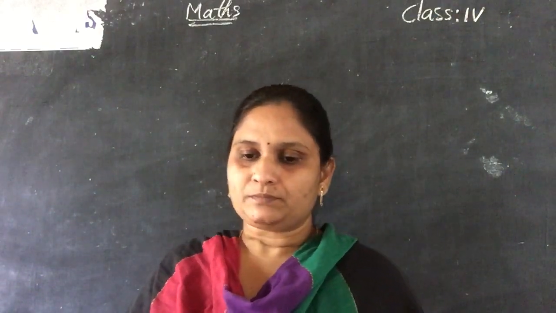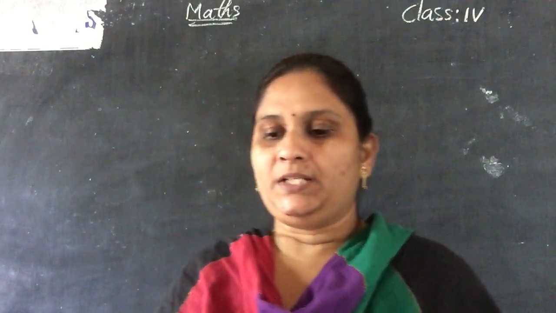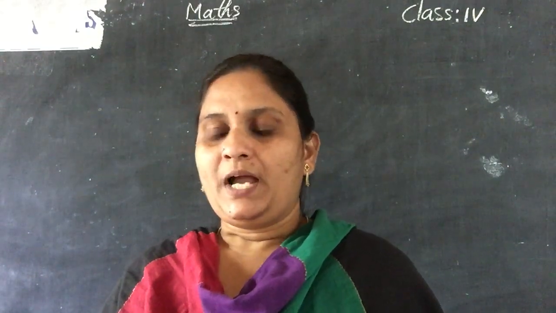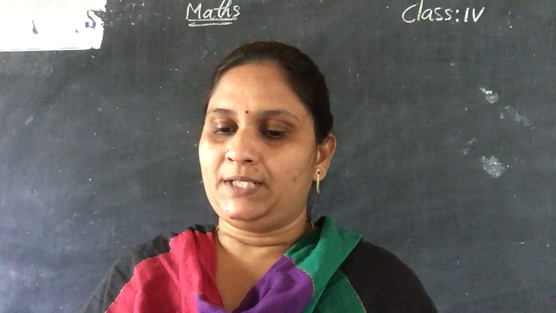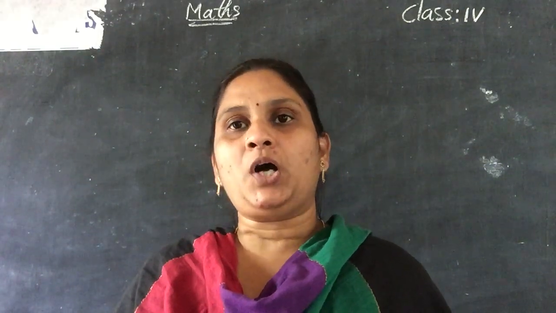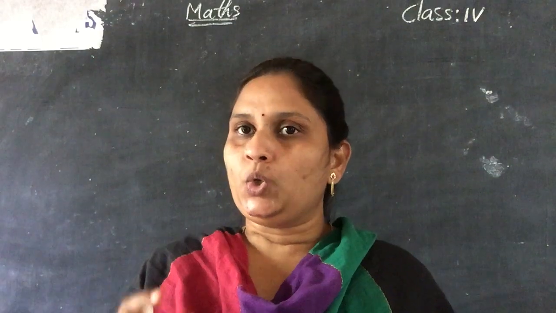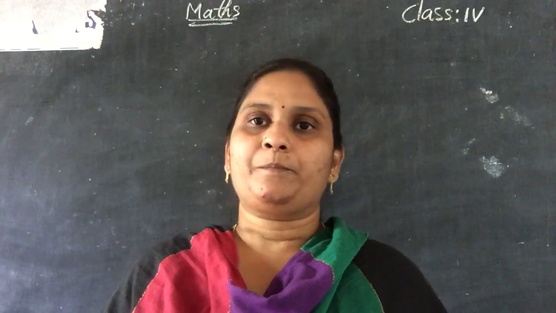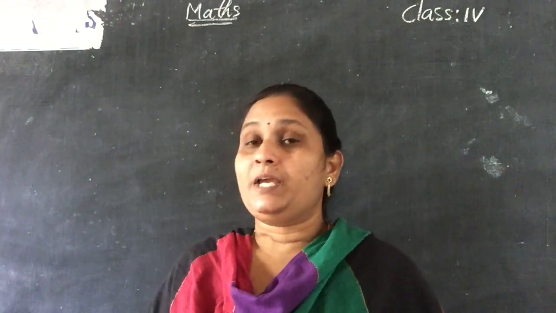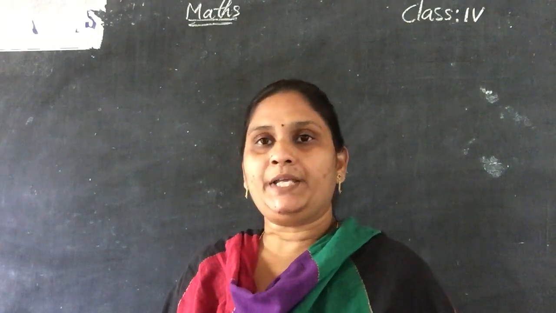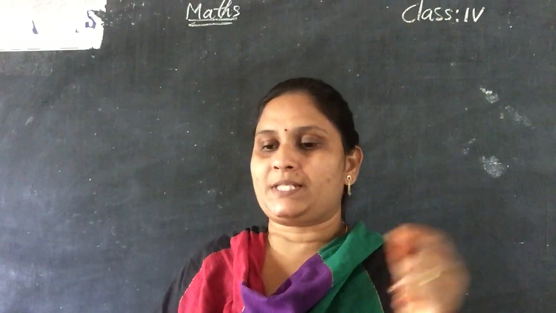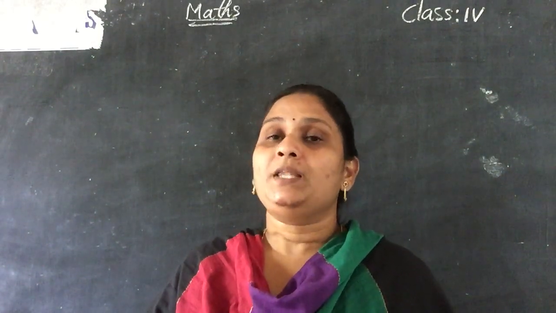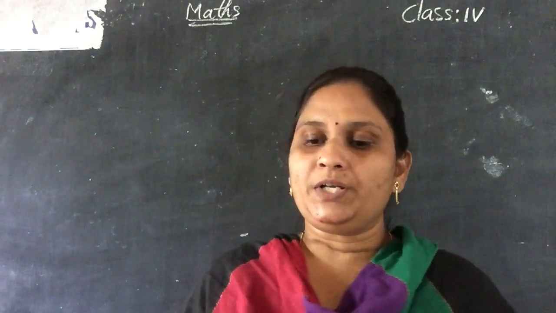So the first one: Ritu spent rupees 15 1/4 on snacks, rupees 7 1/2 on drink and rupees 3 1/2 on bus travel. How much did she spend all together? See, words like all together and total indicate addition. Here they are discussing Ritu's expenditure. She spent her money on snacks, drink and bus fare. So we have to calculate the total amount she spent.